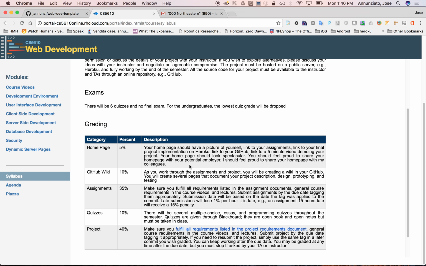So in the wiki, we're going to ask you every week to post something. The first one is a description of your project, a problem statement. How do you think you're going to be solving this? It's very generic, very high level, just to get you thinking about it, right? Then we'll ask you the next week to give us a more or less